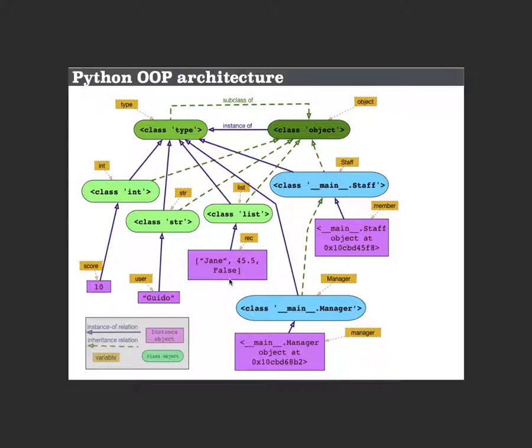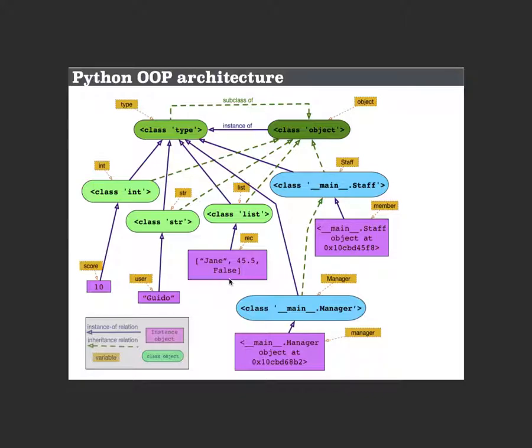Think of this object as the root of the inheritance hierarchy. You know what I'm trying to say? Inheritance hierarchy. If you ask a class, what do you inherit from? The root of the hierarchy will be object. In fact, the inheritance relation is the green colored arrow mark. The instance relation is this purple, or whatever color it is, arrow mark. You can see it.